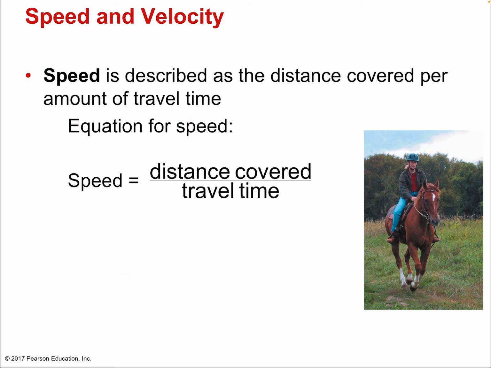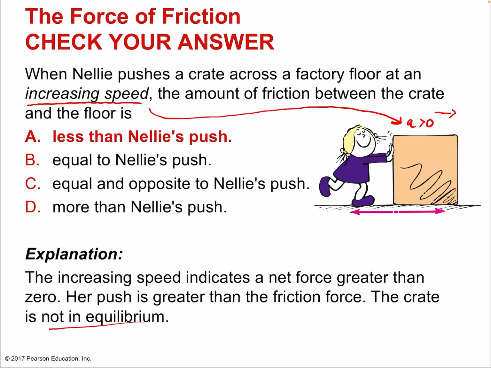All right. So we're going to finish off this lecture now by talking about some things that have been implied and hinted at quite a bit. That's motion, because it's really speed and velocity. This is getting to actually defining motion. Well, good, because we've got that if you don't have a net force that is equal to 0, then you're going to get motion. So if net force is not equal to 0, the equilibrium rule but the other way, the case where things are not in equilibrium, then you're going to be like Nellie here.